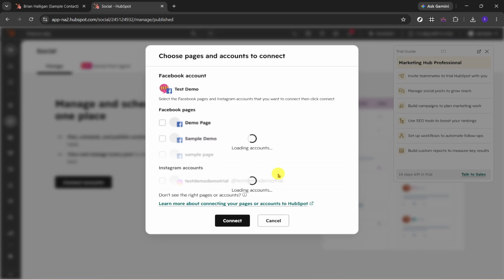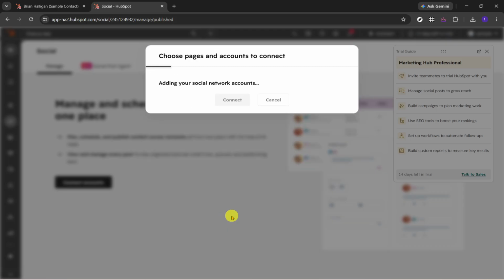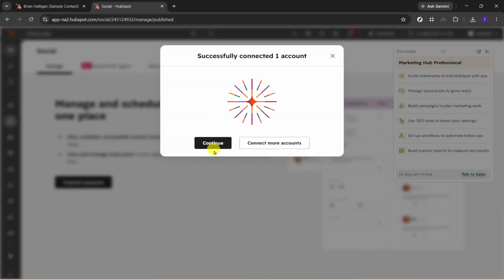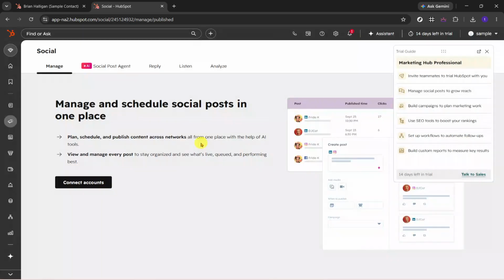If anything does not load right away, give the page a few seconds and try again. It also helps to have access to the social account you are connecting before you begin, since some platforms may require verification during setup. Once you finish the on-screen prompts, your account should be connected and ready to use inside